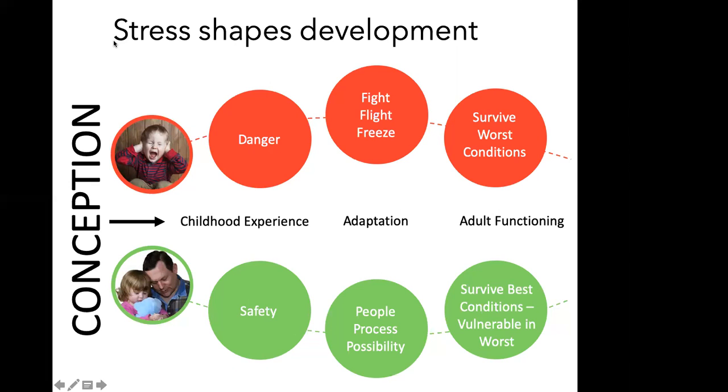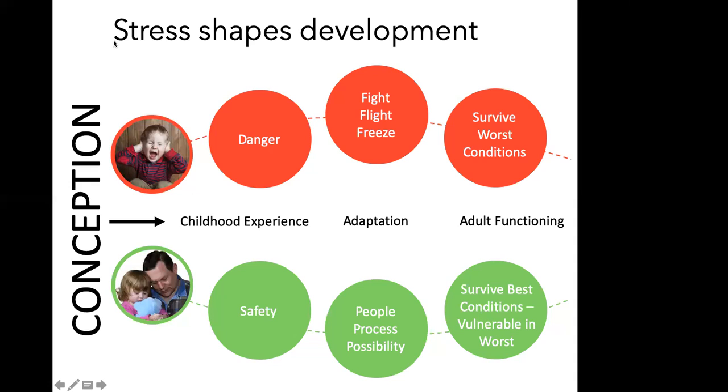Because our brains are built on a use it or lose it system. Each time we learn a skill, a pathway is formed. And each experience or practice myelinates and strengthens that pathway so our brain is quicker to use those same skills that worked previously. So the experiences we have in childhood greatly shape how we adapt to future responses. And if they're not mitigated, can carry over into our adult functioning as well.